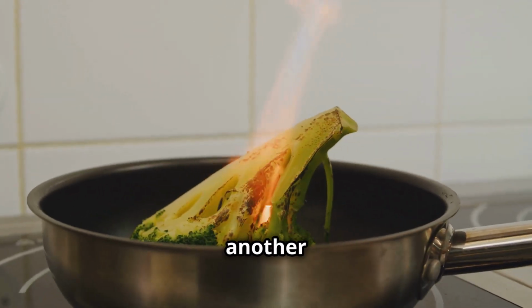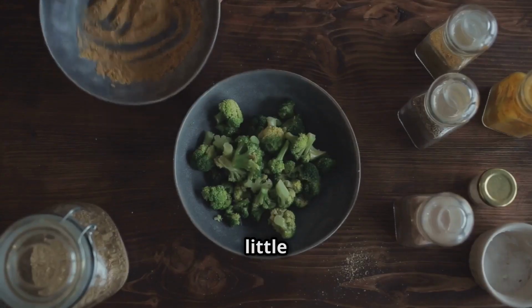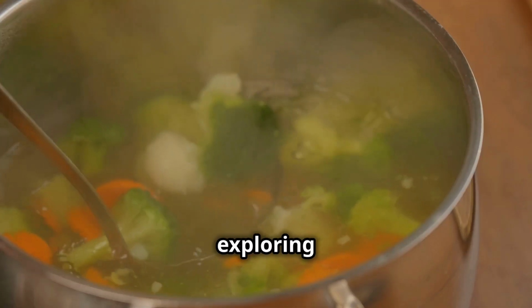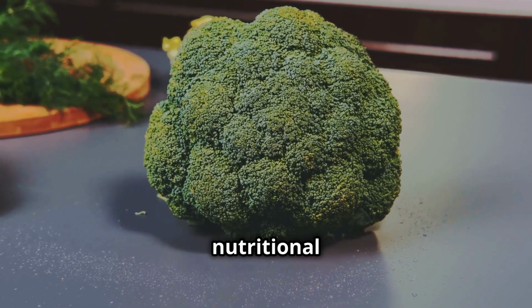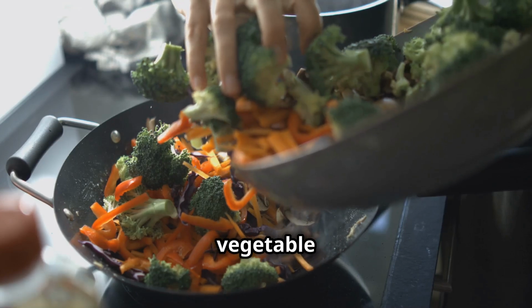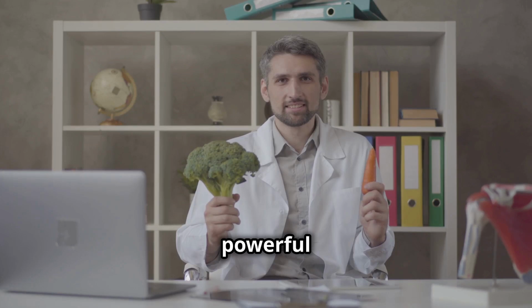Roasting broccoli is another delicious method that brings out its natural sweetness. Just toss it with a little olive oil and your favorite seasonings before placing it in the oven. By exploring these cooking methods, you can enjoy the numerous health benefits of broccoli while ensuring that its nutritional value remains intact. This versatile vegetable is not only a delicious addition to your meals, but also a powerful ally in